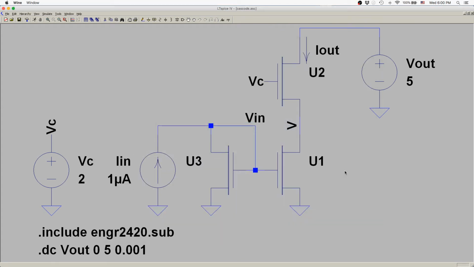Okay, in this video, I thought we would talk about the problem of the cascode bias voltage and picking a cascode bias voltage that's appropriate for a given input current level. So I'm starting out here in the simulator, and